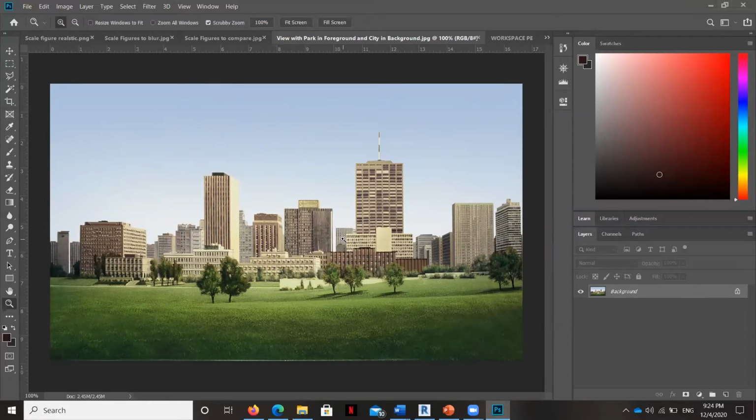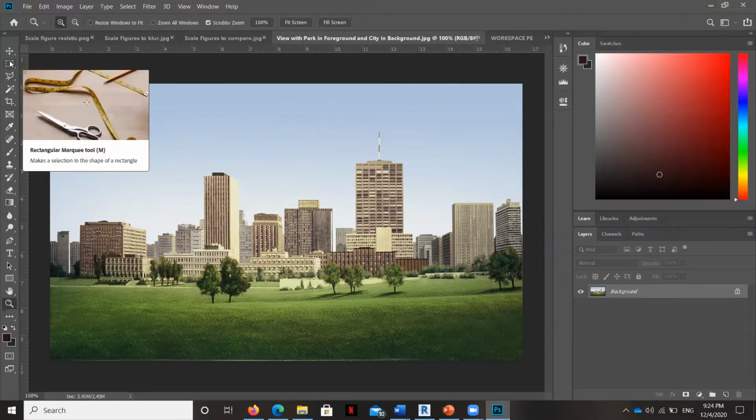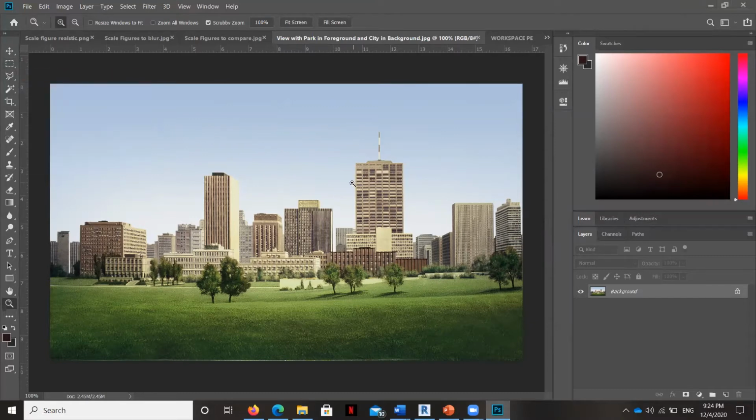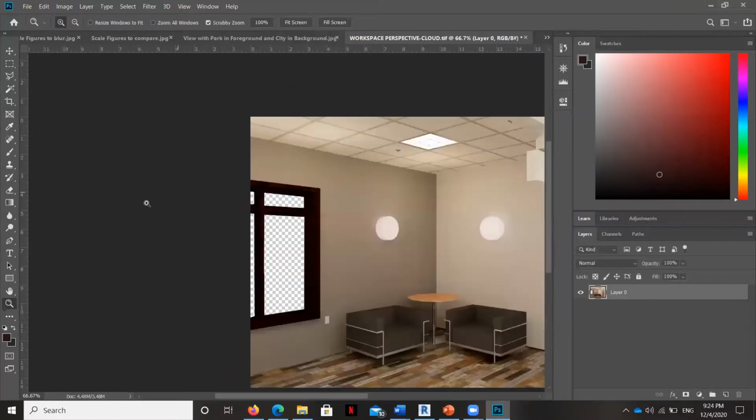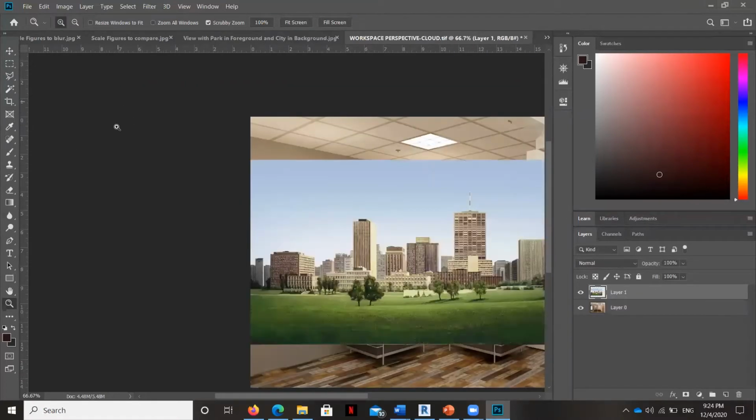Whatever this building was, if it's a historical building, it could be in the middle of the city, or it could be out in the country a little bit more. But the process is going to be the same. I'm going to grab this whole image, even though we're only going to see a tiny bit out the window. So I'm going to do Control A for select all, Control C for copy, and I'm going to bring it in and Control V for paste.